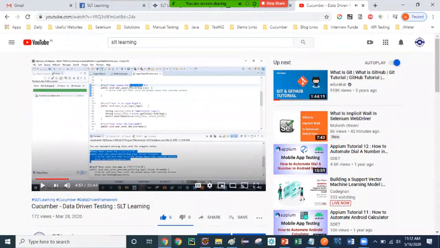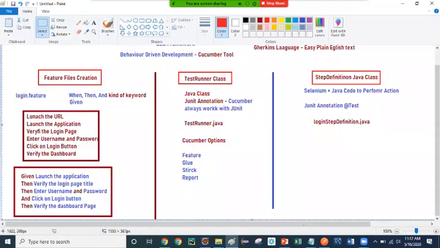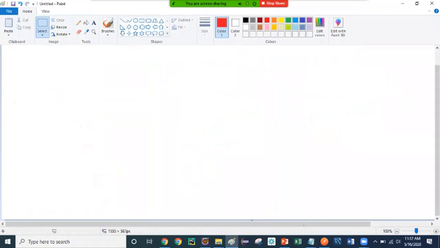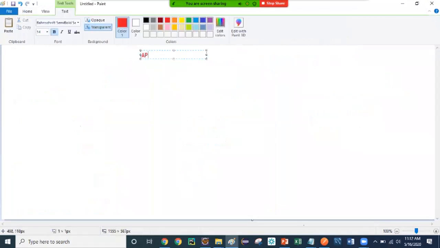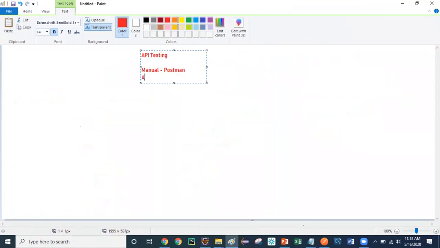Now let's jump to the third topic, guys, for today's session, which is API testing. Many of you have questions about API testing, right? API testing we can do in two ways: manual using Postman, and automation using the REST Assured library with Selenium, right? So I will show you a little bit of these things as well. Everything we are covering in one session, right, guys? This is how I do the webinars, so you can get all your doubts cleared.